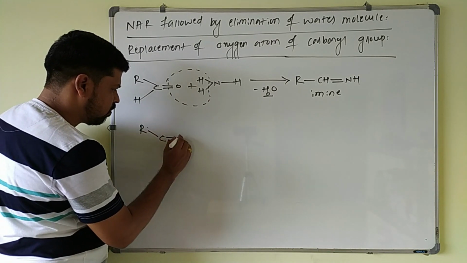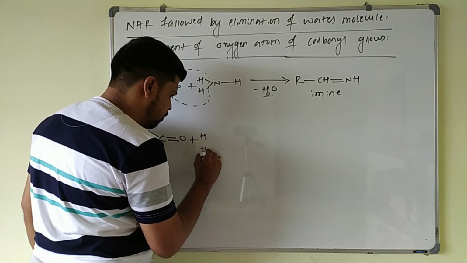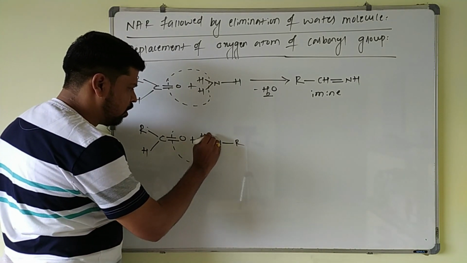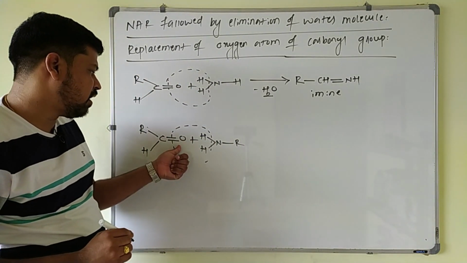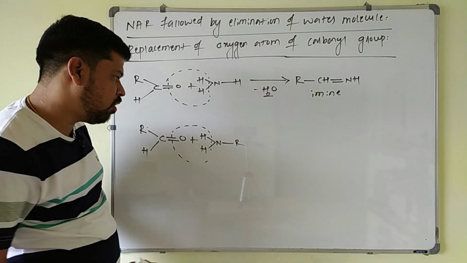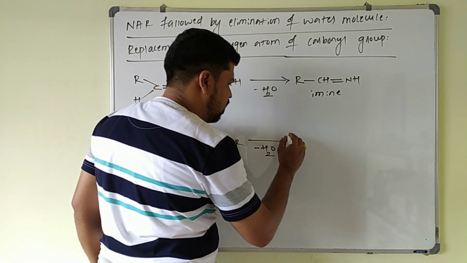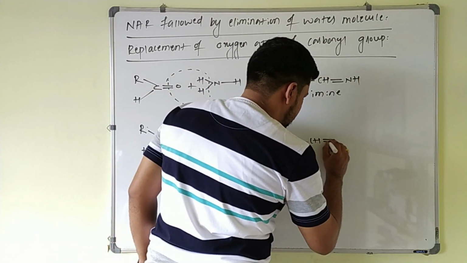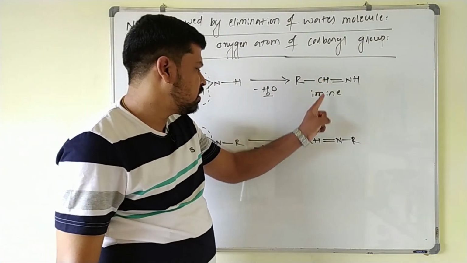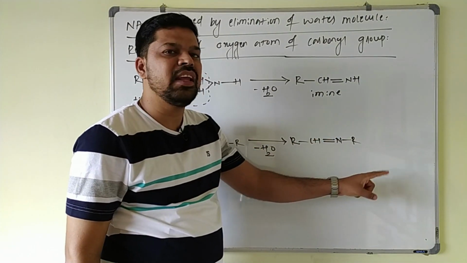Next if I take this aldehyde on treating with an alkylamine, that is a primary amine, again there is elimination of a water molecule. Simply you have to remove a water molecule, the oxygen of the carbonyl group is removed, and here 2 hydrogens are removed, and this carbon and nitrogen are connected by a double bond with elimination of a water molecule. A very simple trick. So what you have to write here is RCH double bond NR. See here, this and this are almost the same. Instead of hydrogen, here an alkyl group is there. So this is an imine and this is an alkyl imine.